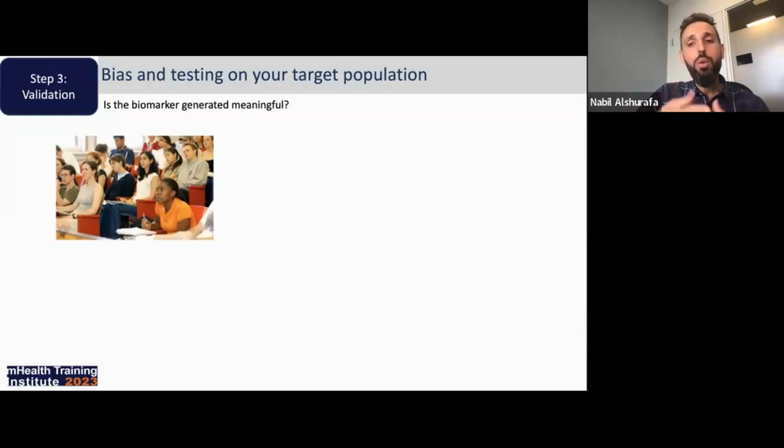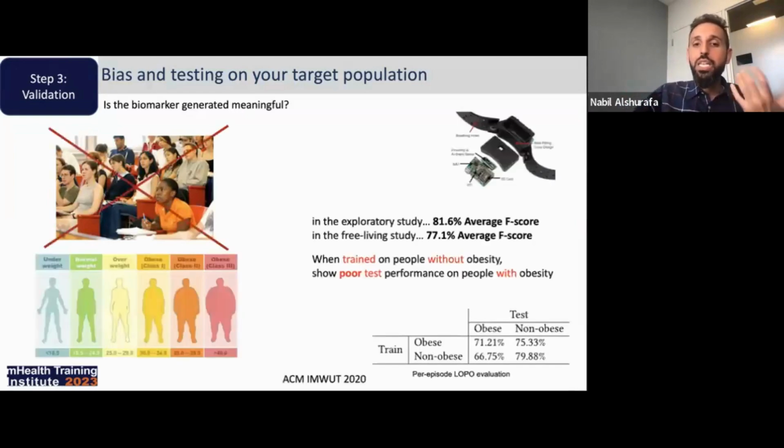It could be primarily due to funding and time constraints, or even lack of motivation, maybe the motivation that we found in Jane Goodall, for example. But in a recent publication, we show that even when you train an ML model on people without obesity, and here we trained a model on this wearable necklace to be able to detect eating activities, it shows poor performance on people with obesity.